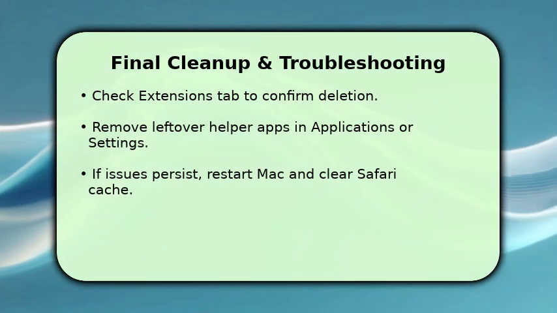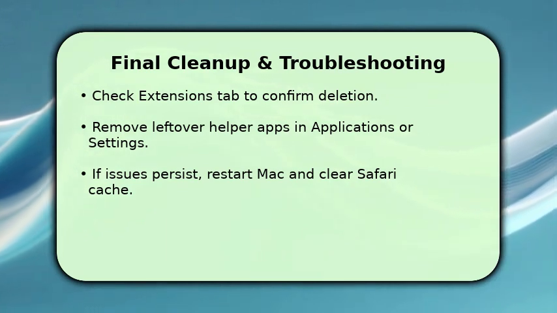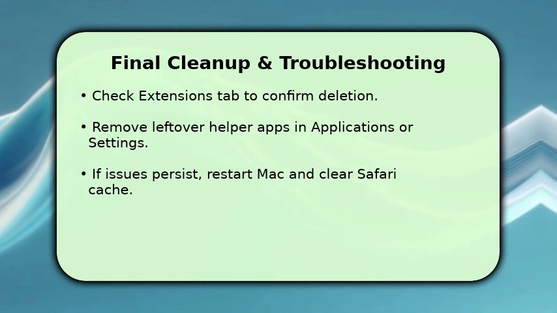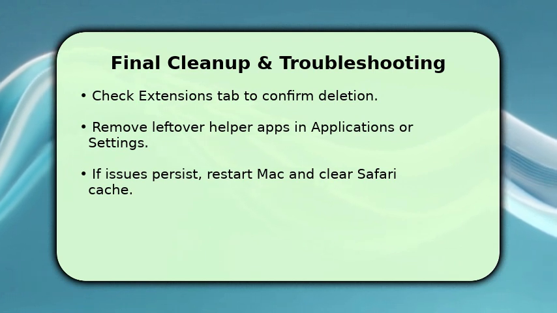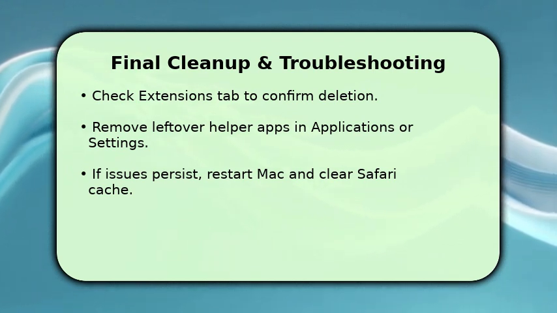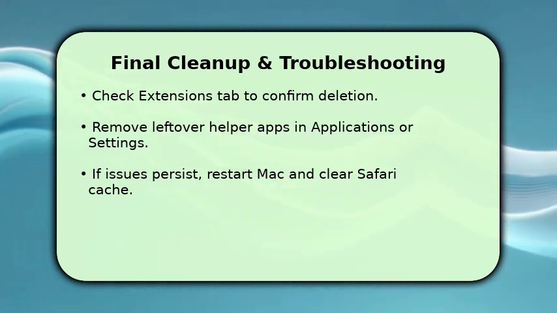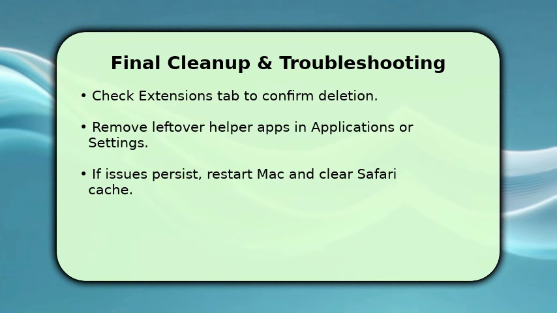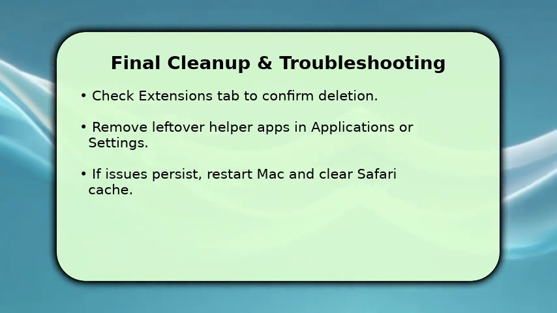If the extension installed a helper app, go to Applications or System Settings and remove any related items. That prevents residual processes. If Safari behaves oddly afterward, clear the cache and restart your Mac to reset cached extension data. Troubleshooting tip: if an extension won't remove, boot into safe mode and try again. Safe mode prevents third-party software from blocking the